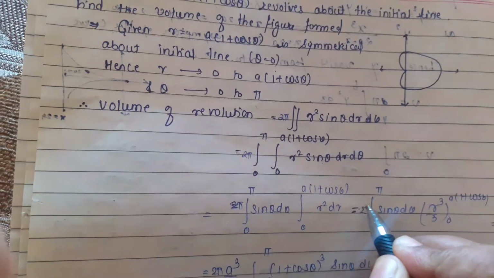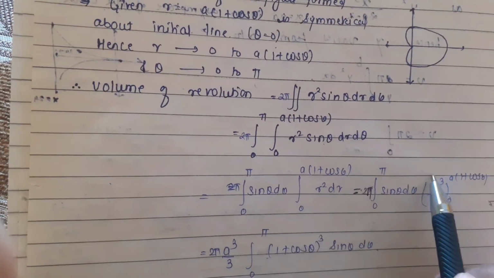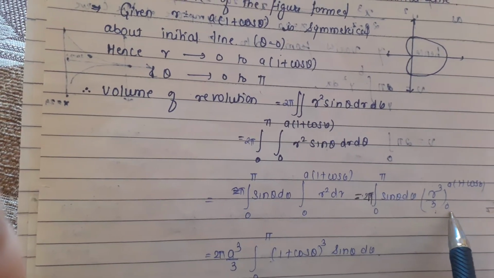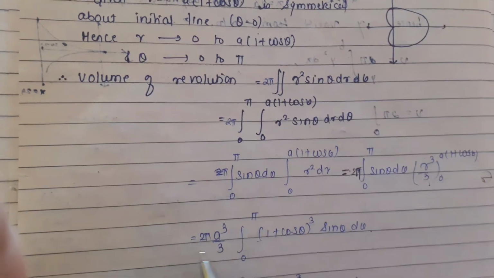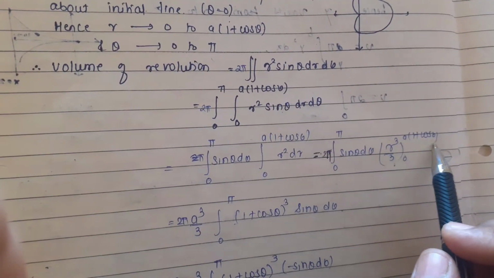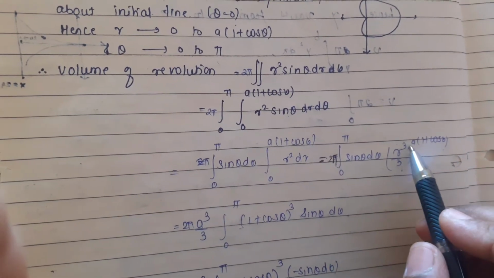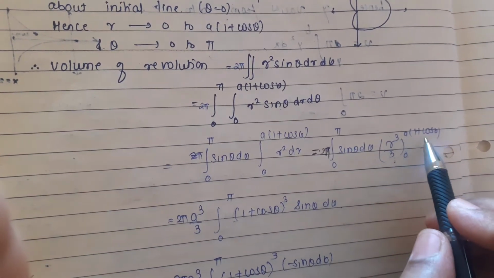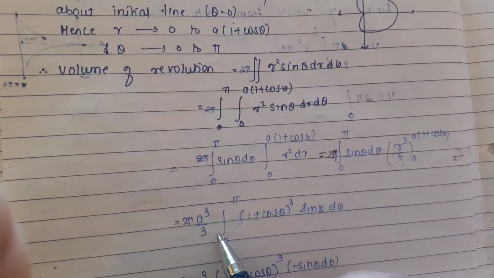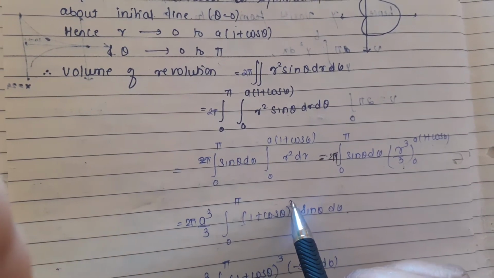Then the next part, take the integration of r square, which is r cube upon 3. The lower limit is 0, so no need to apply it, only apply the upper limit. If I apply the limit a into 1 plus cos theta, 3 is constant so it is outside. Again it takes the cube of a and the cube of 1 plus cos theta, so a cube is outside. So 2 pi a cube upon 3, 0 to pi 1 plus cos theta raised to 3 sine